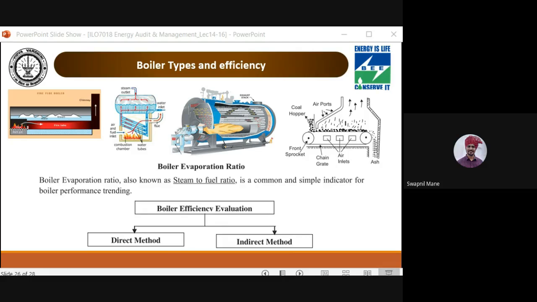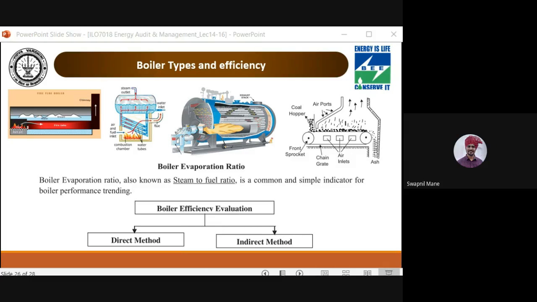the performance of the boiler. First is the boiler evaporation ratio, which is nothing but the steam to fuel ratio. Okay, so steam to fuel ratio is one of the boiler performance indicators. Evaporation ratio means how much steam is generated with the amount of fuel that is being supplied. So you see, this is typically a comparison tool for different types of boilers. If we want to compare coal-fired boilers, oil-fired boilers, and gas-fired boilers in terms of one parameter, that is